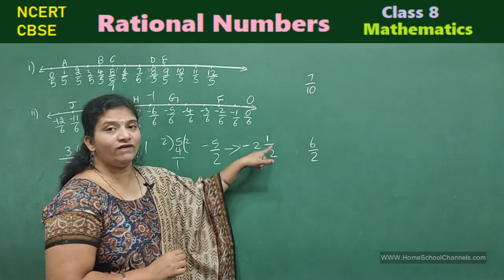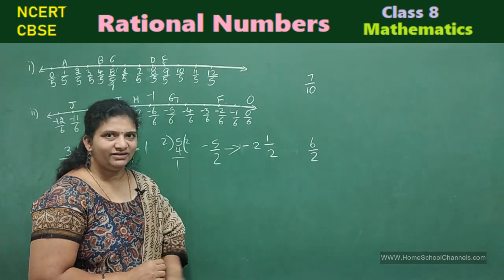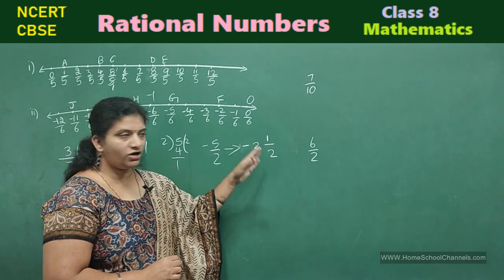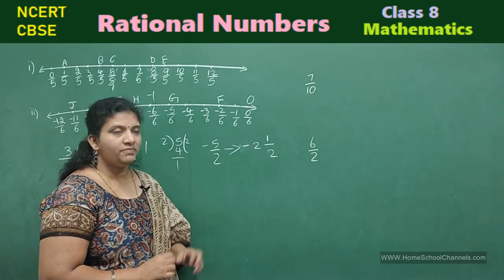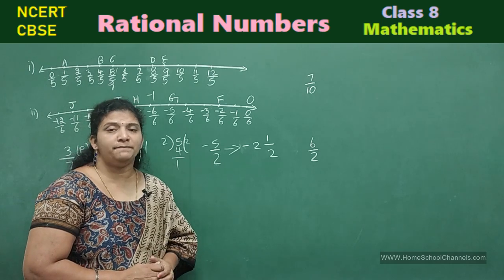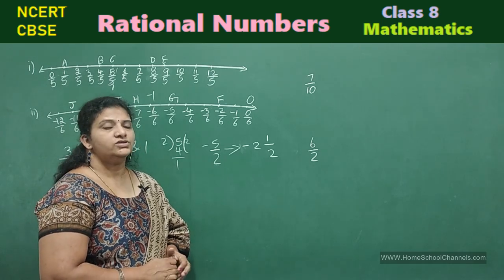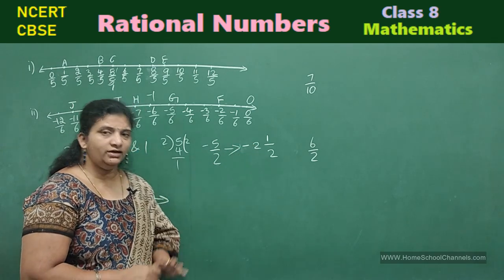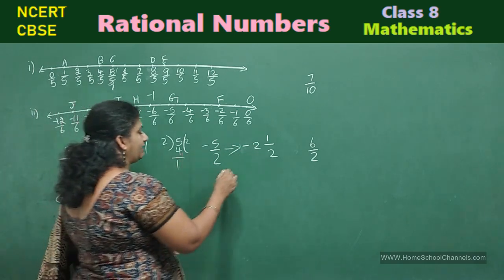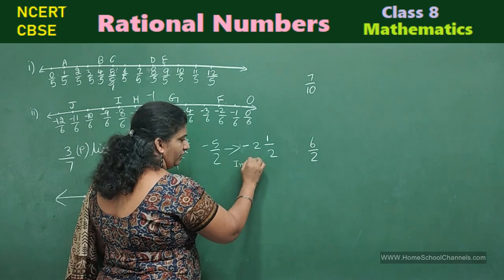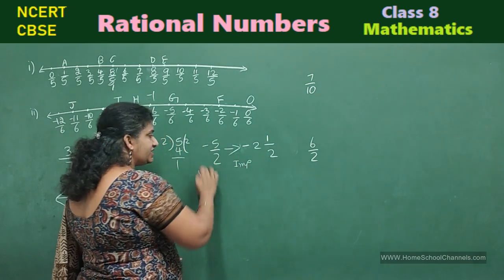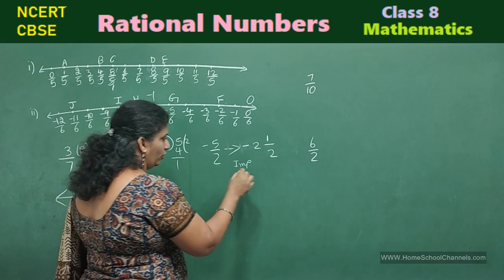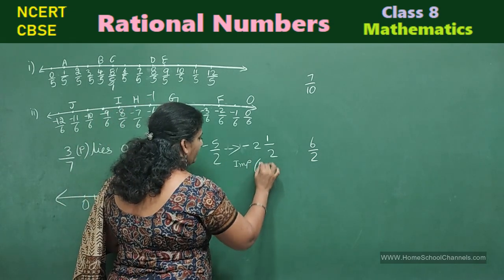2 whole 1 by 2 you can say. Right? 2 1 by 2 you can say, or 2 whole 1 by 2. This fraction is an improper fraction. So the improper fraction we have written in the form of a mixed fraction. Why? We need to understand here this is improper, and the rational number minus 5 by 2 lies in between